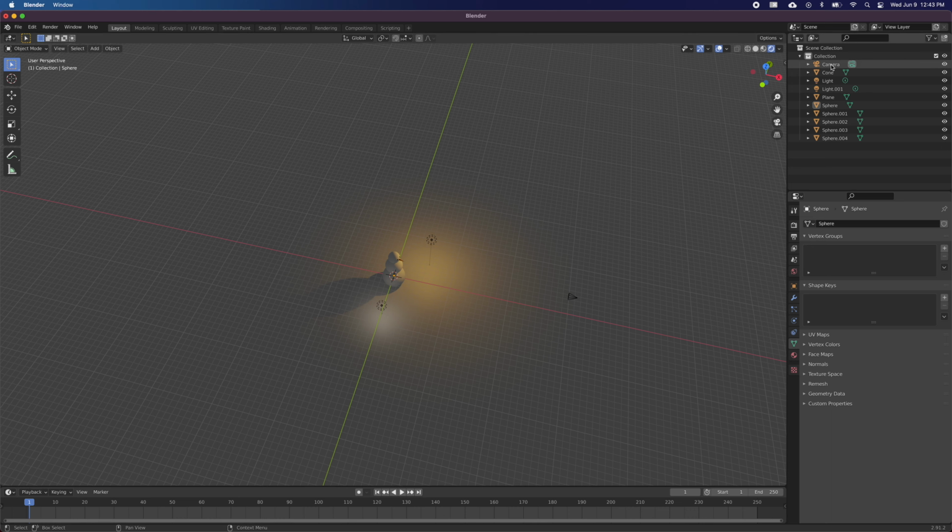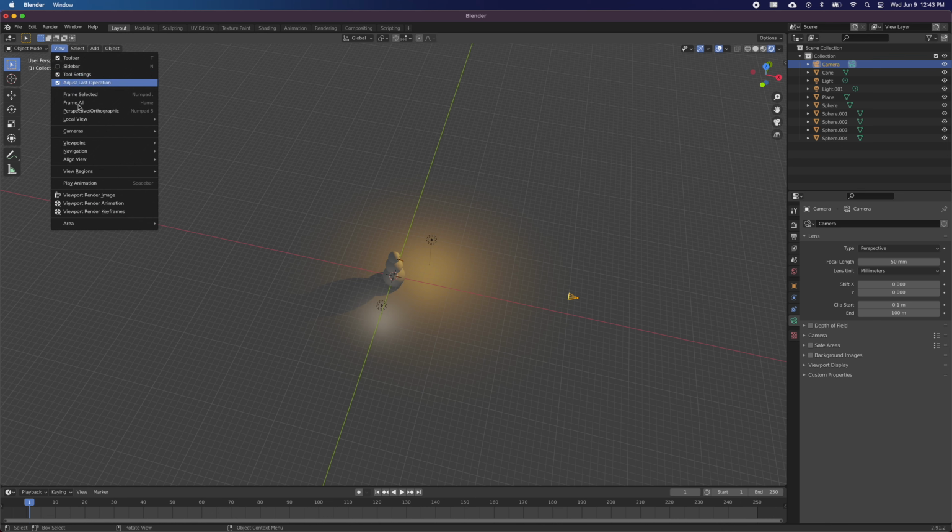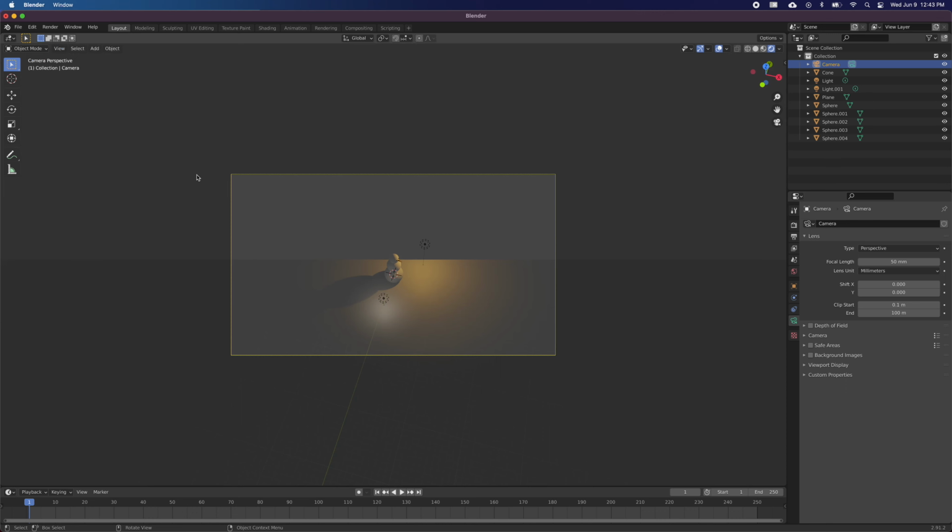We can move the camera, and you might be thinking, oh, it's going to be painful. I've got to move the camera up here and over here and pan it back down. But don't worry, Blender's got you covered. If I go to this view, I can go to align view, and then I can say align camera to view. So however I'm looking down, that's where the camera is going to get moved to. And now there's the camera looking at this lonely snowman, and then I can say render and render image,